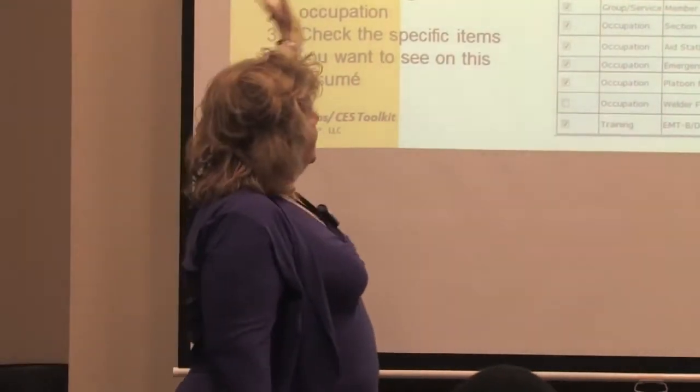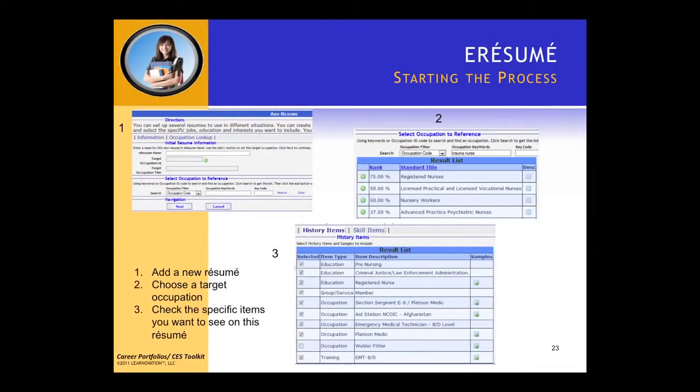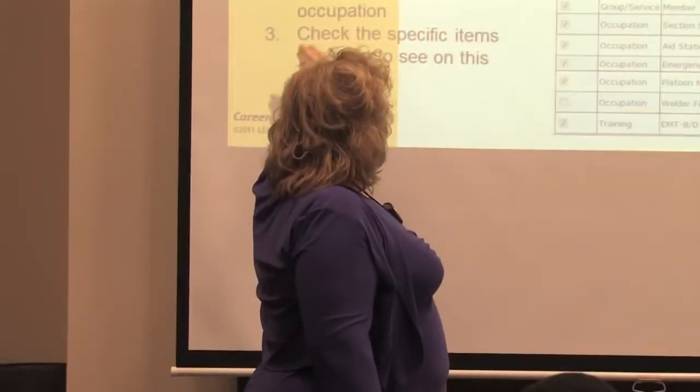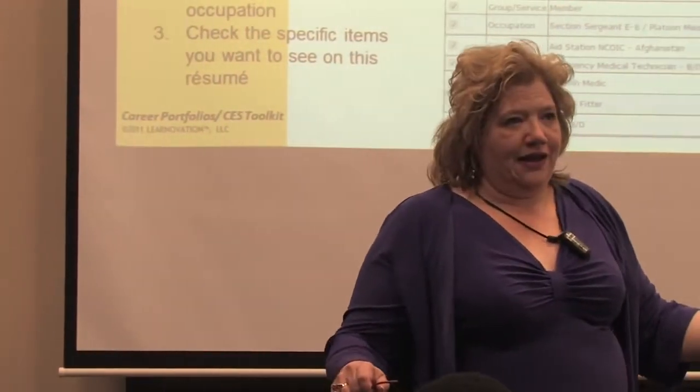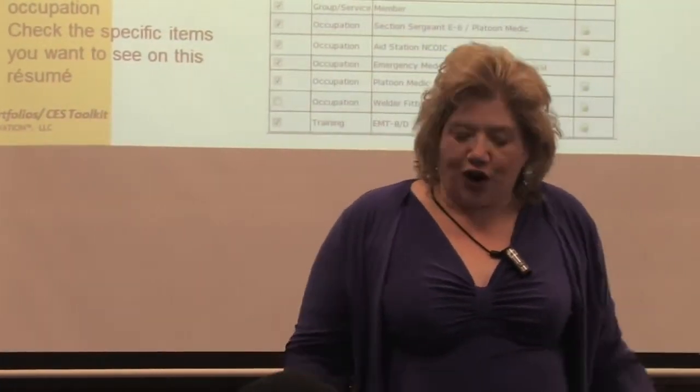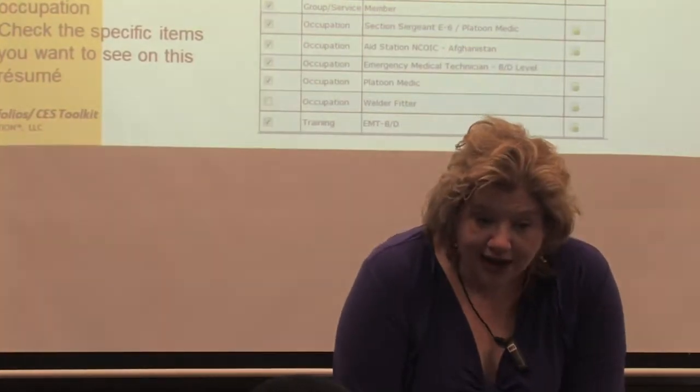Now, 1, 2, 3, these are the orders the way they come through. We're going to tour using Jason's resume because he has so many fun things we can look at. You add a new resume. So you go to the top, name it something. Okay, same thing, so you don't have to always look into it. You say, okay, this is my application for an internship. Okay, or this is my response to an award, or whatever the purpose of the resume is. Give it a title, folks, and jump in.